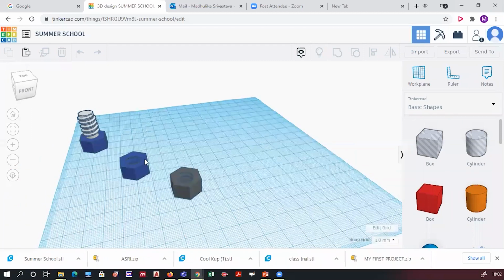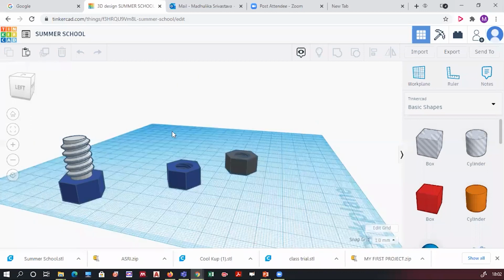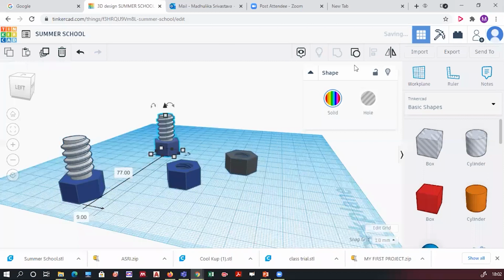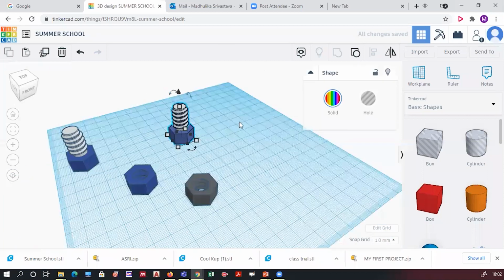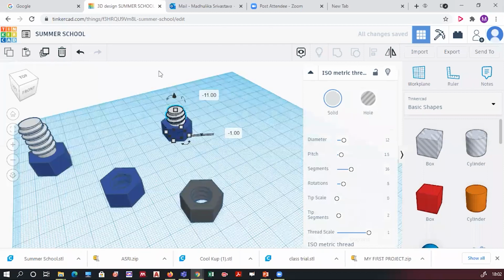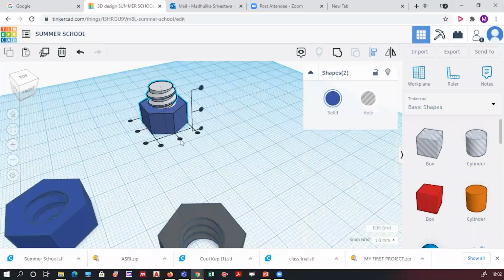Okay, hole C. Suppose I want to create a hole over here. I'll duplicate it. I hope you have inserted the object. Just drag it inside. After dragging it inside, select both the things, click on align, check whether they are aligned with respect to center, click on the center dots.